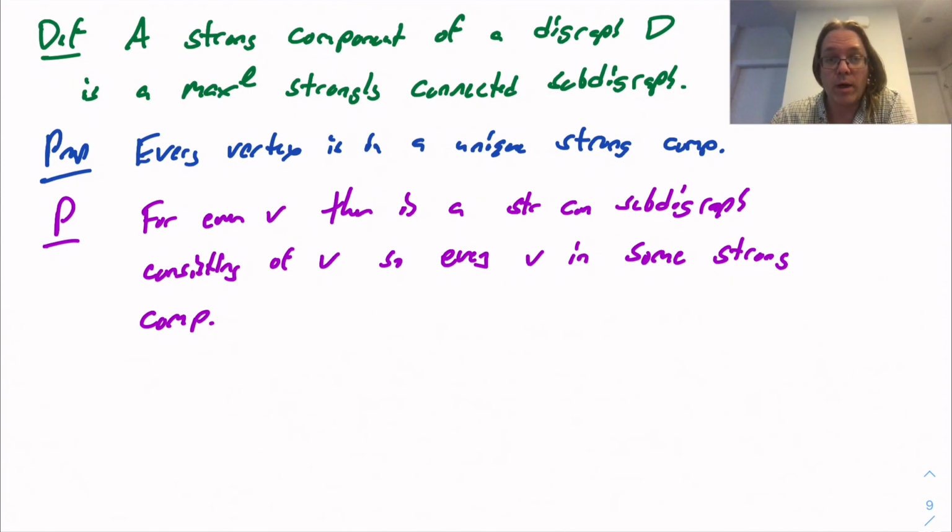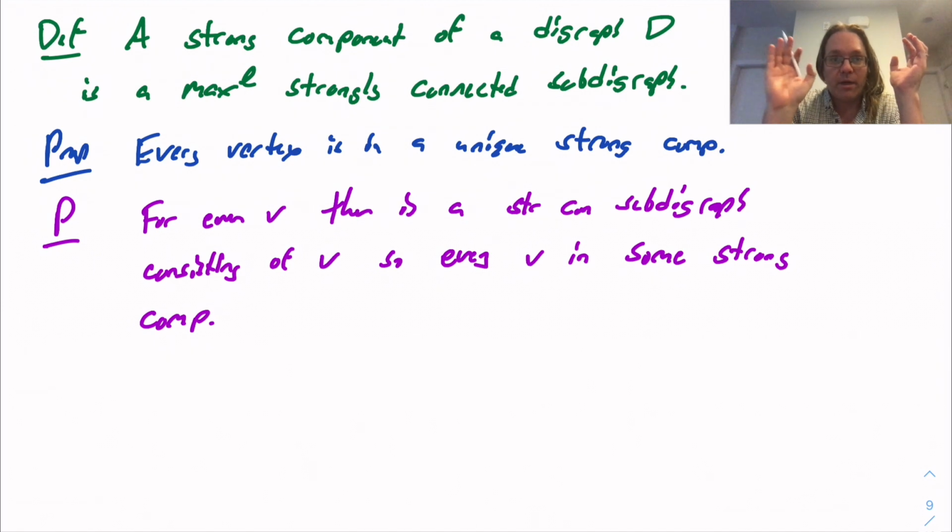But now, so every vertex is going to be in some strong component, but now just by the previous lemma, if you were to imagine for a contradiction that some vertex lies in more than one strong component, then you